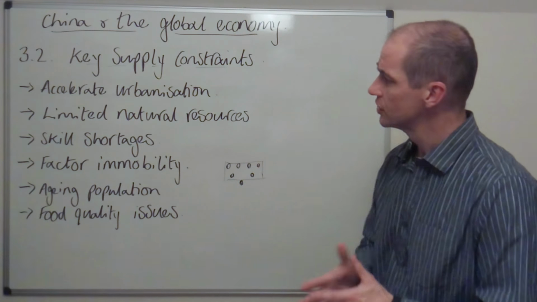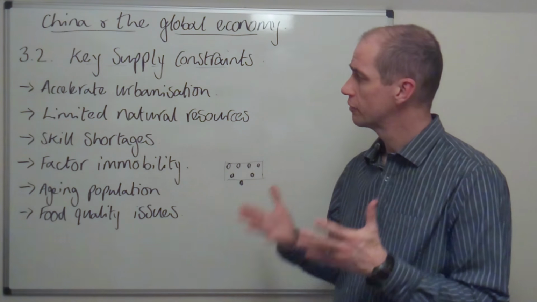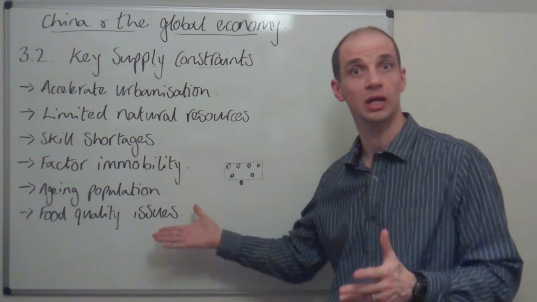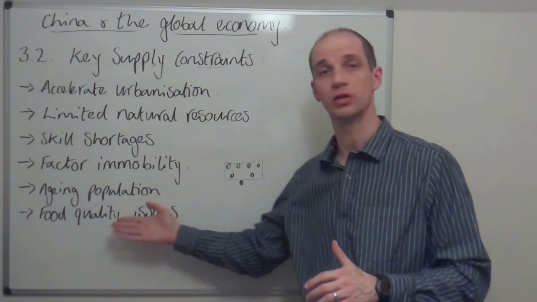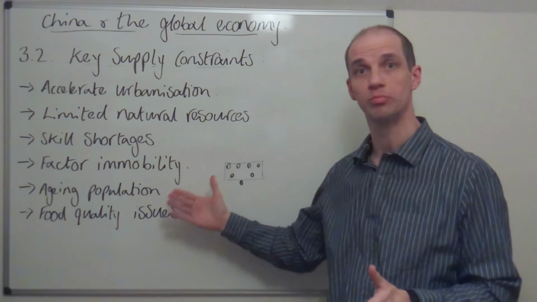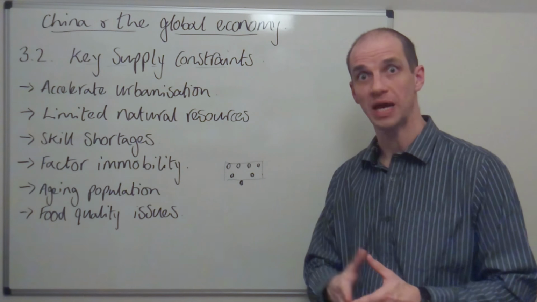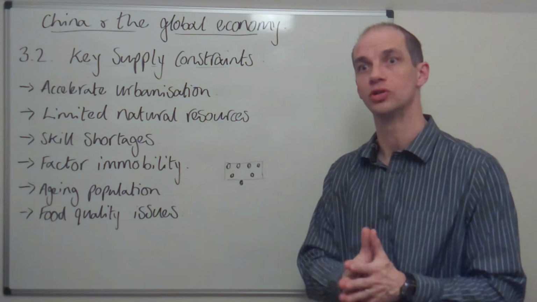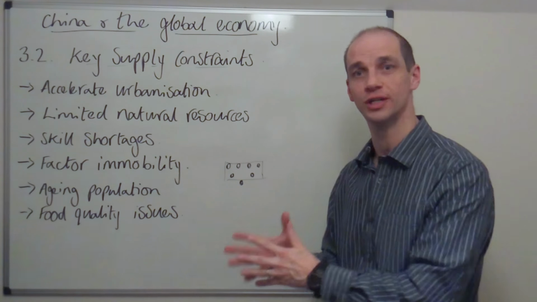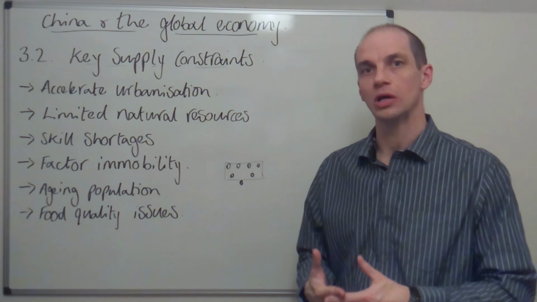Okay, so those are some of the key points that we've got here. Of course, there are other ones that we could look at, which might include, for instance, the financial sector and how the financial and banking sector needs to improve its ability to reallocate capital to the best possible uses, rather than just where the Communist Party would like that money to flow, and so on. So of course we'll discuss that sort of thing